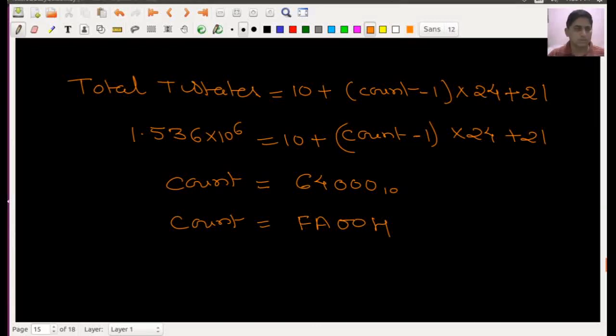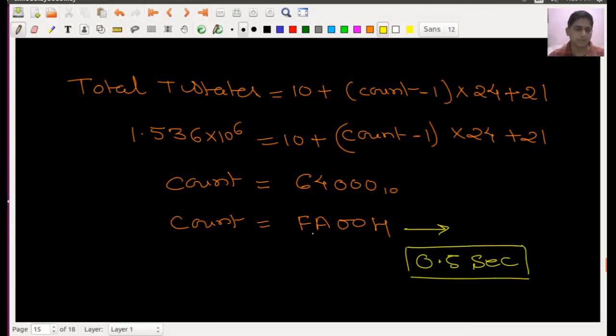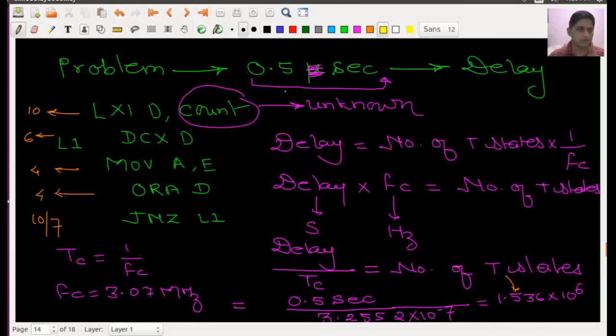So this count will be required for the delay of 0.5 second. Okay, so you have to load this into this unknown count.